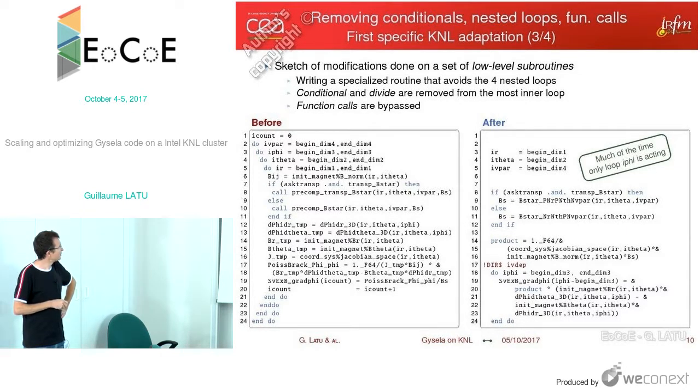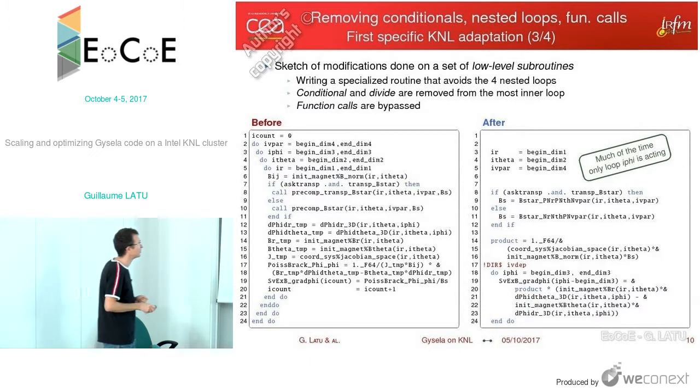We simplified all this stuff in order to have just one expression to put into the variable here, so the array. And we also have a pre-computation of the divide so that in the inner loop there is no division.